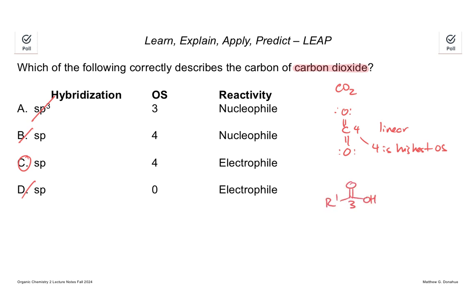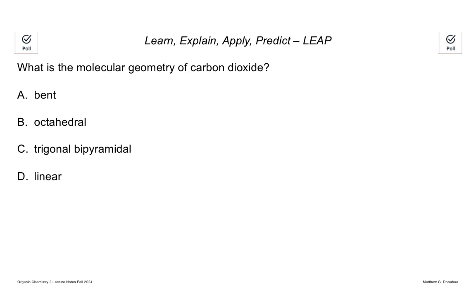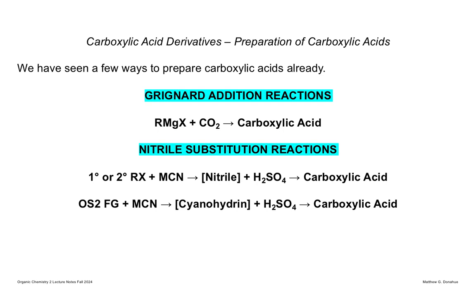So we know that the carboxylic acid is at oxidation state 3. And what we're going to learn is that the carbon of carbon dioxide can be transformed into the acid carbon of a carboxylic acid. So geometry we said was linear. So here are some reactions that we learned in passing,